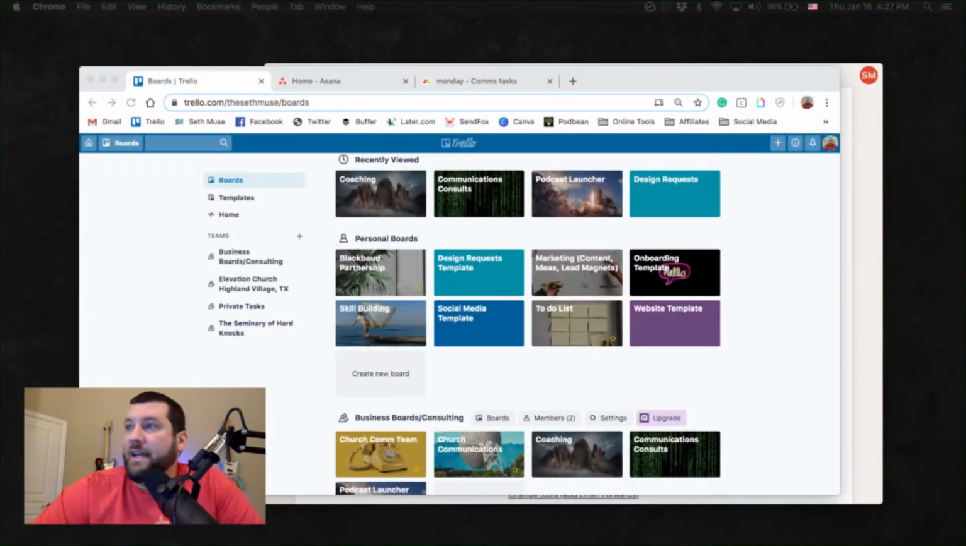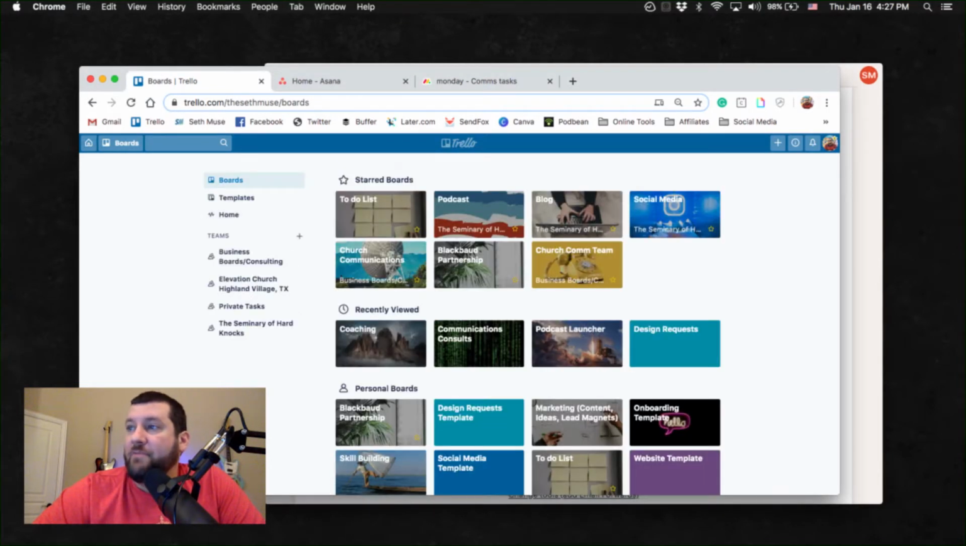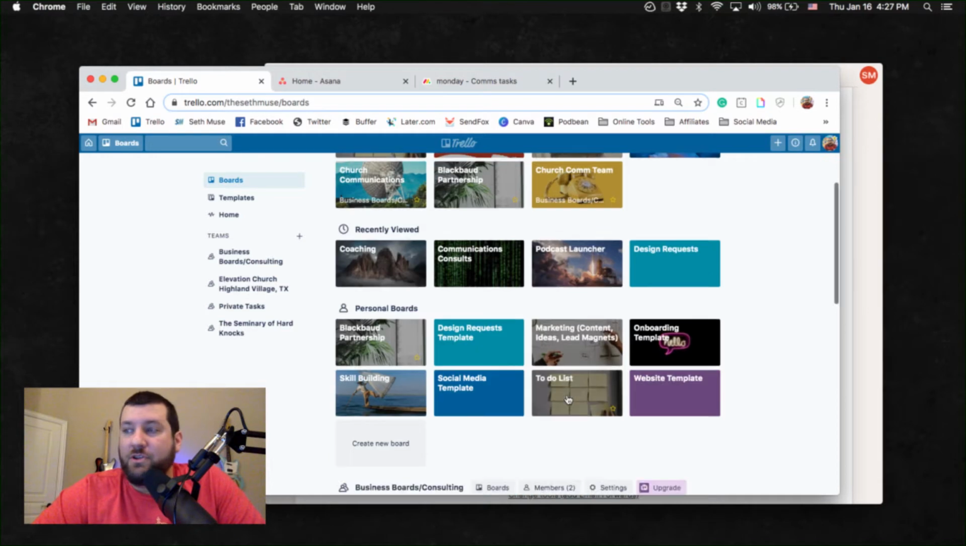This is Trello. Let's start with my favorite. Now, when I'm in the home page, this is what I get when I click home. So home takes me to these. These are all my different boards. Starred boards are the ones that I've favorited. Recently viewed is here. And then personal boards, you get as many free boards here as you want, but they're